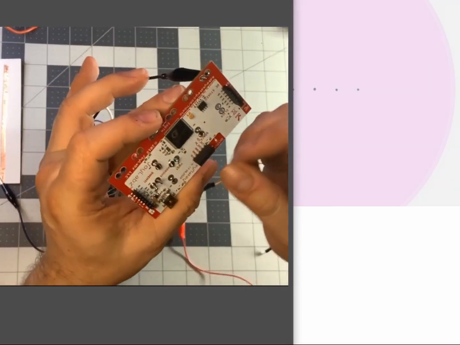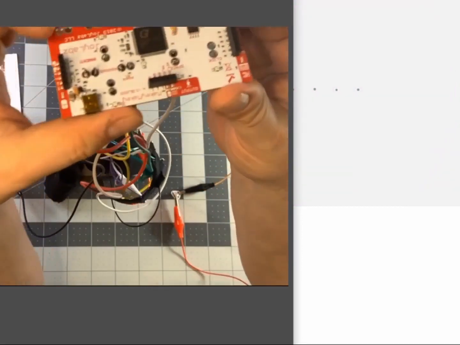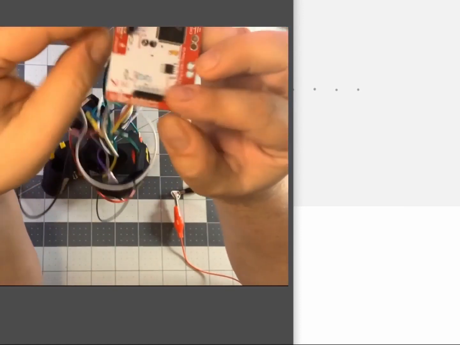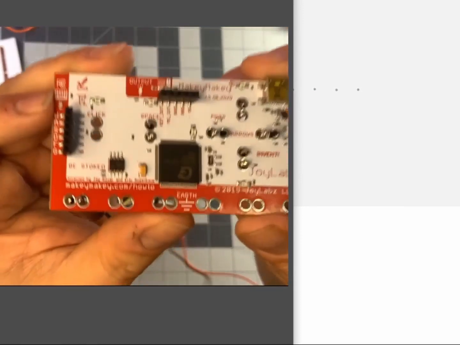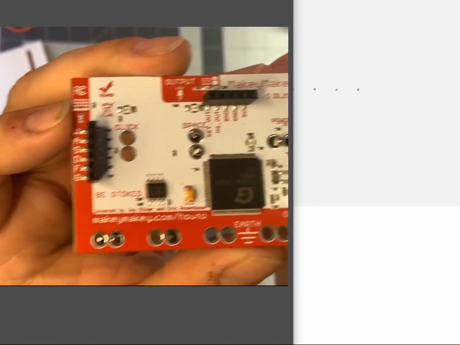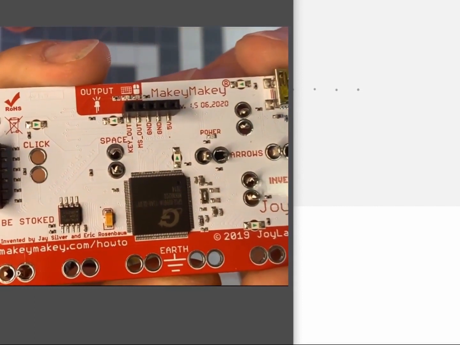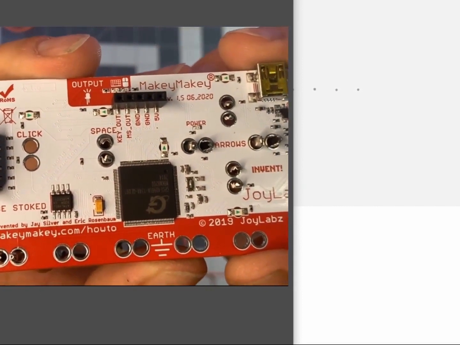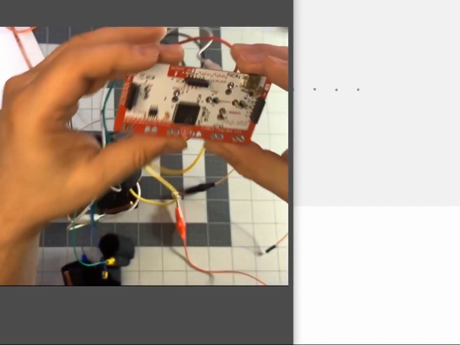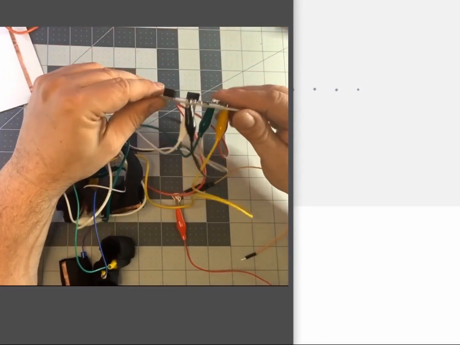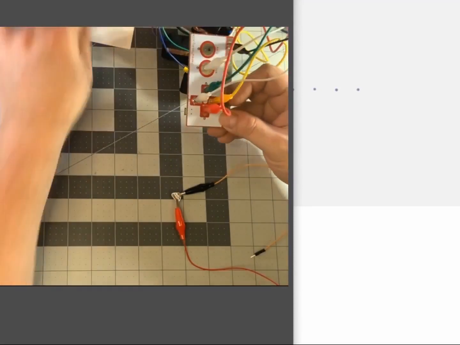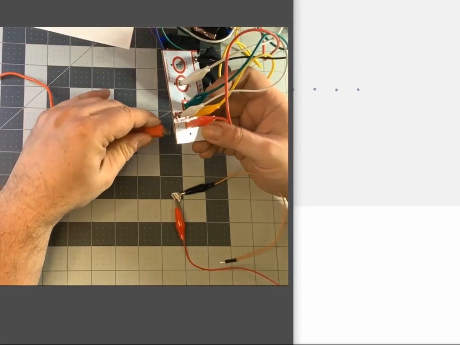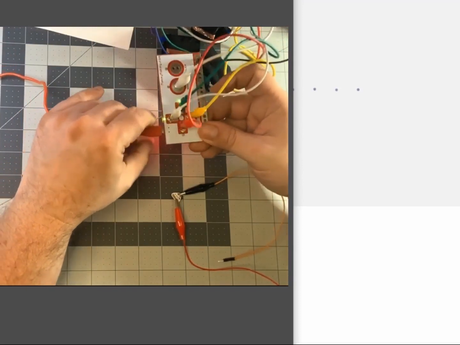If you look at the labeling on some of these wires, what's interesting is if I hold this, let me just turn it around this way a little bit, you can see right there how it says GND and 5 volt, right? So that got me thinking a little bit about that. And what that means is the Makey Makey has output power, right? So that got me thinking about what would happen if we use that output power, and specifically, I wanted to use that output power for one of the